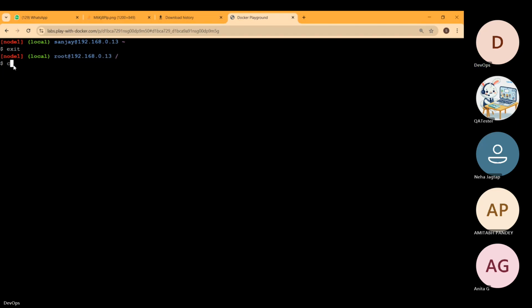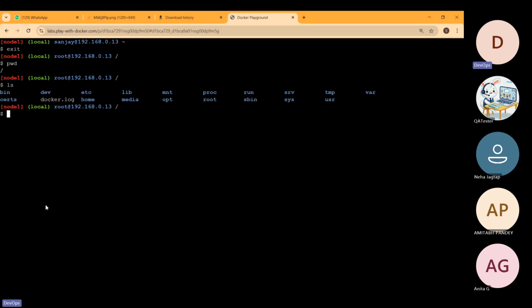Now I can see where I am with pwd. You can see I am at the root location. This slash means root, and again there is a folder called root. If you want to see the file structure, this is the main folder, like the C drive in Windows. Similarly, this slash is called the root location. It has these many directories, and whenever we create any new user account, that user account will be created in this home directory. So let's see how we can